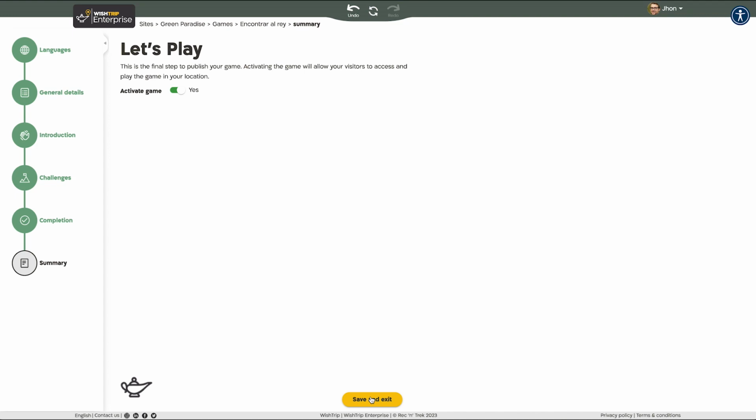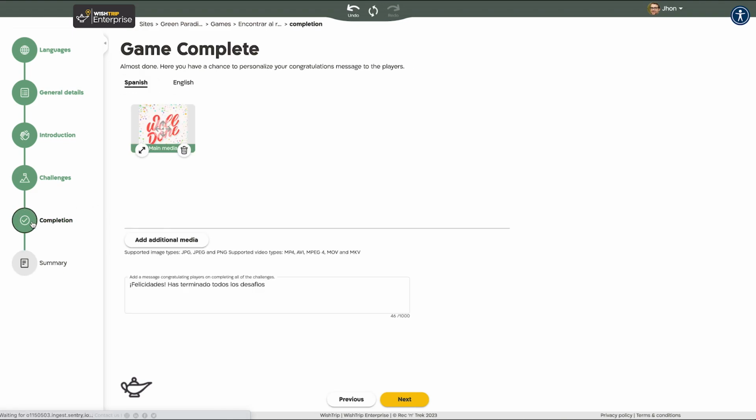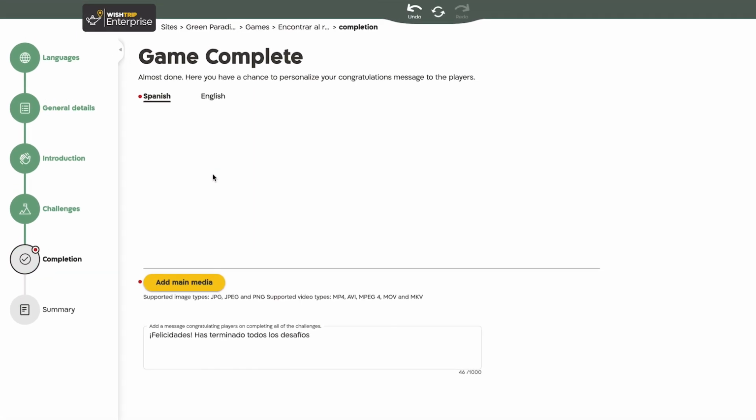If you have a problem activating the game, go back and see if any of the required fields have yet to be completed. Remember, everything must be completed in all game languages before activating. You can easily see that a stage is incomplete if a red dot appears on the tab selector at the